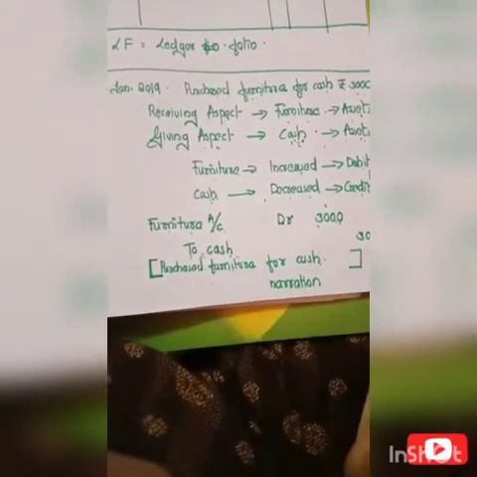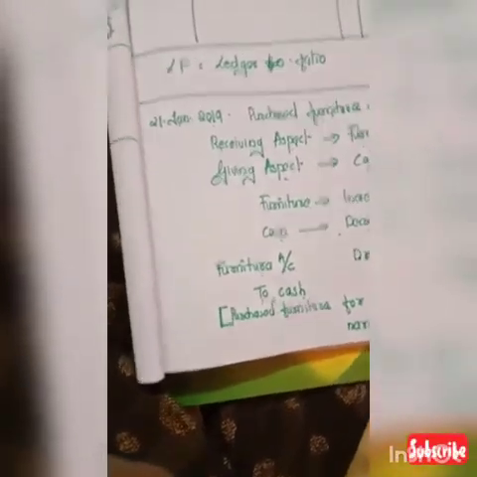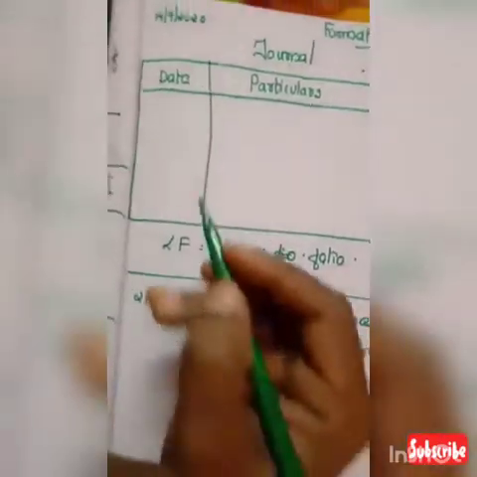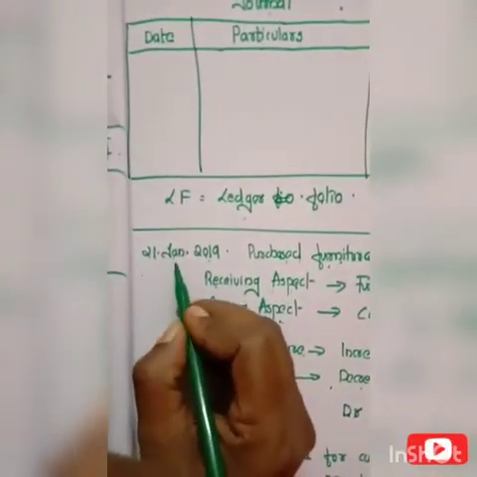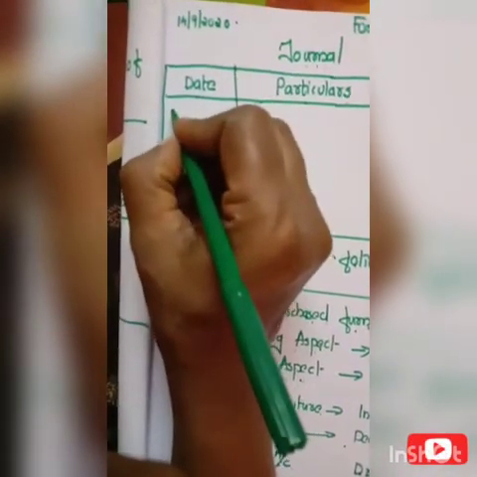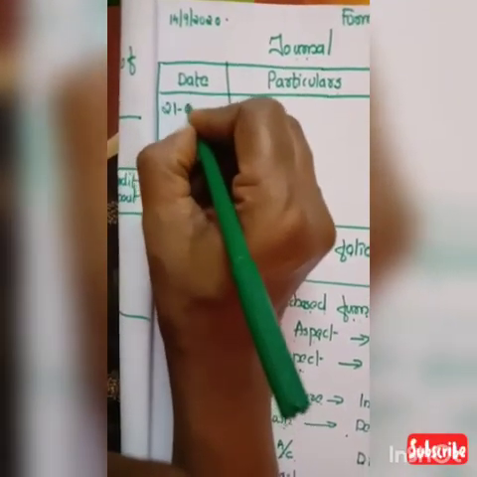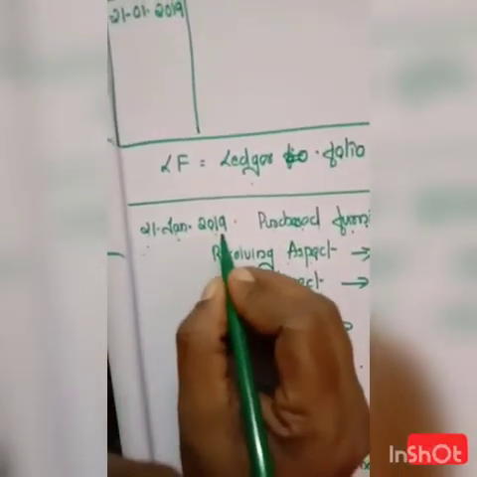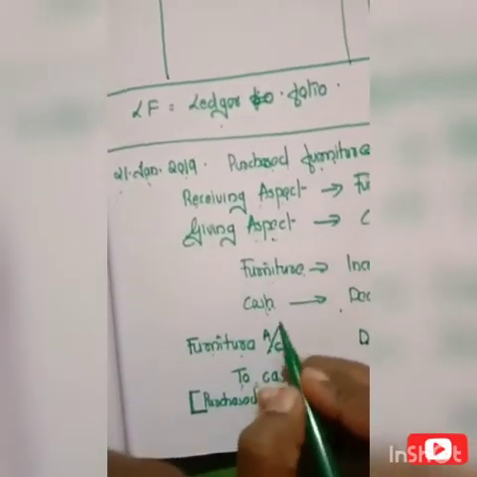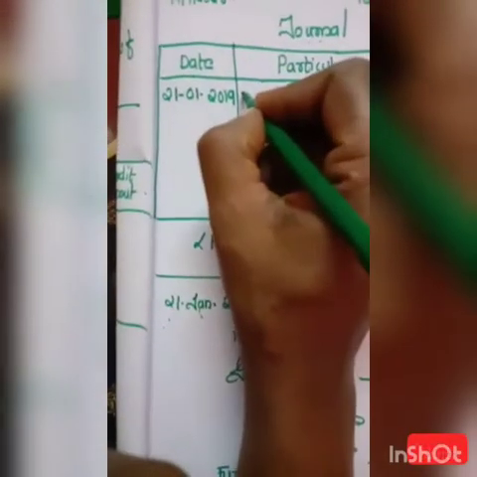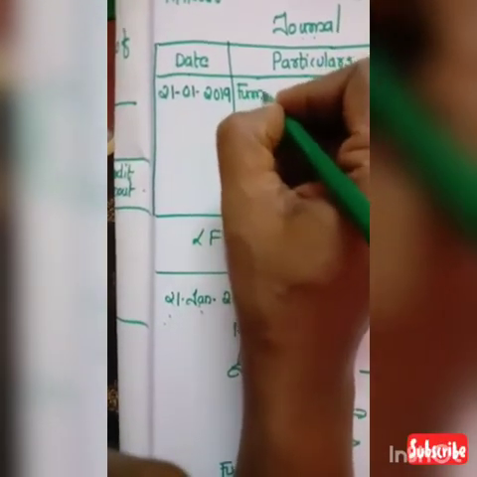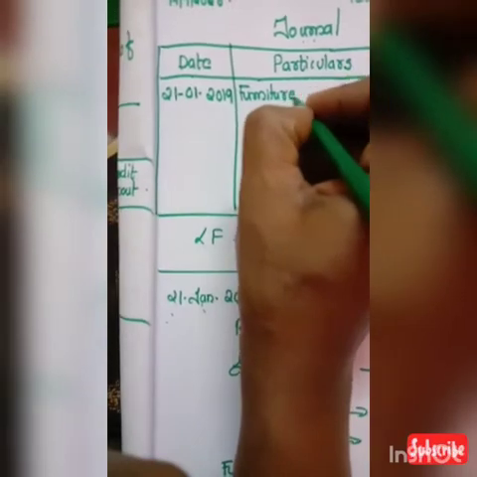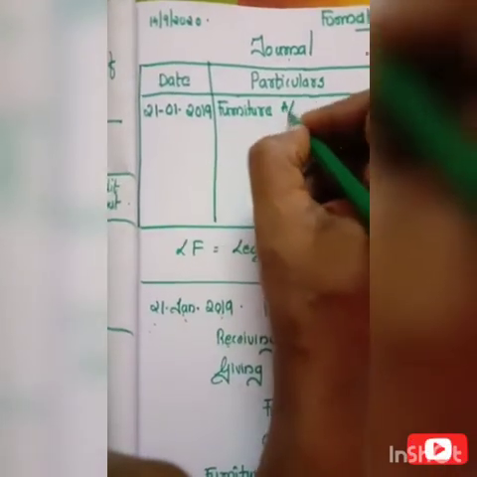Therefore, we can put this journal entry into the journal. In the journal, the date is January 21st. Therefore, we can write 21/01/2019. Then furniture account